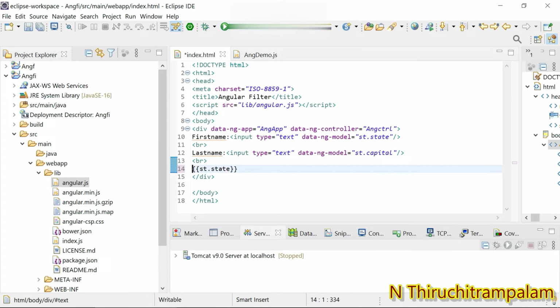So within the curly braces I am going to give st state. The st object's state key value would be printed on the view page, but I want it in capital letters. How do I do that using a filter? Just use the pipe symbol, the pipe character, and then the keyword uppercase. That's it. So if I run this,